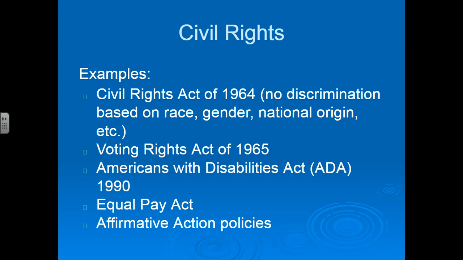So you can't make it harder for somebody to vote based on, again, these things like race, gender, national origin, etc. The Americans with Disabilities Act, the ADA as we call it, an offshoot of that, which you might be familiar with, is IDEA, which is the Individuals with Disabilities in Education Act. That was also, I believe, 1990, and it was an offshoot of the